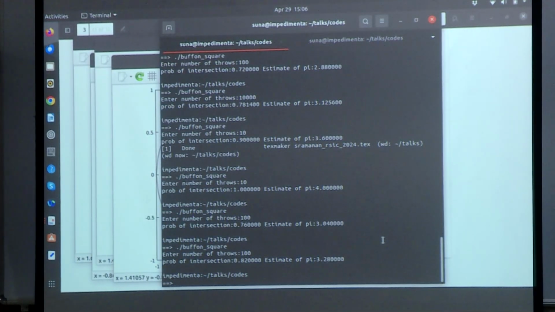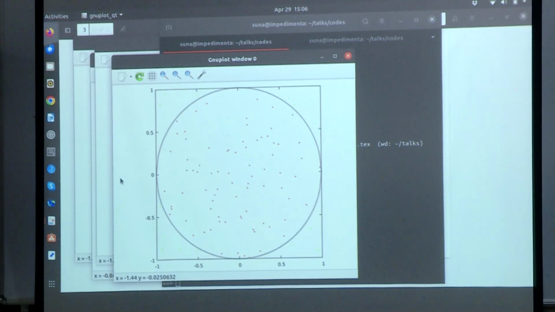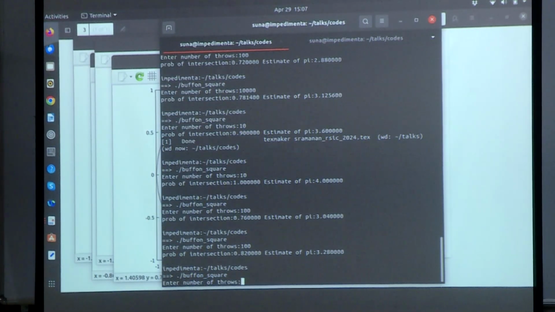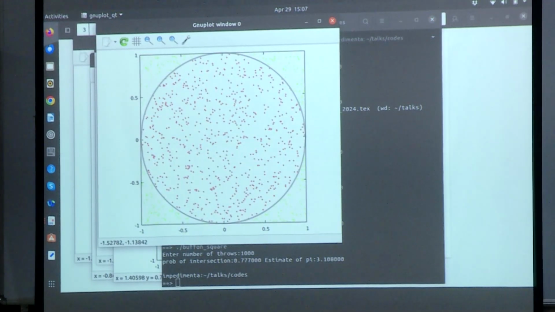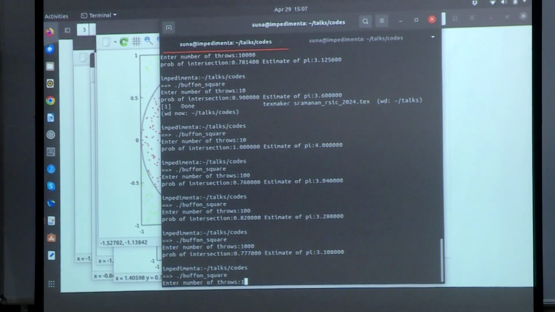Let's do 1000. And you see the distribution here. All the reds are going to contribute to my area correctly, whereas the greens are the ones that have fallen outside. Now, let's do 1000. I get 3.1. This is the distribution. So, you know that as I keep increasing, I am going to capture the circle's area better. The darts will fill the circle better. Now, let's do 10,000. After that, I think my computer will crash. Let's see. 2, 3, 4, 5, 6. Well, let's do a million.